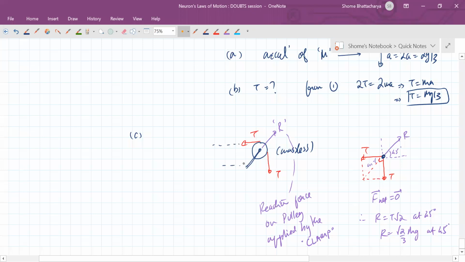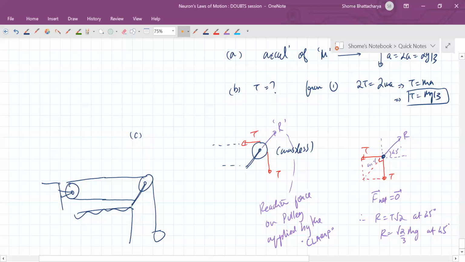Understood now, Shikhar? Yeah, that is the important part. See the string, it is connected like this. This part is connected from here, not with the pulley. So that was the situation. Okay, so this tension and this tension are having an effect on the pulley, but this tension is not having any effect on the pulley. It's acting on the clamp. So this is an important small little point to catch over here.